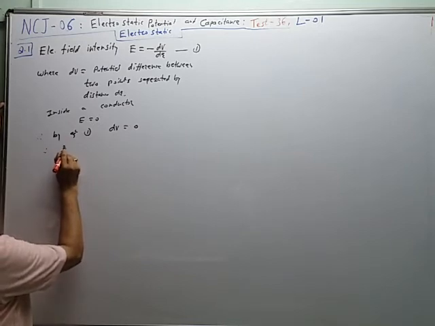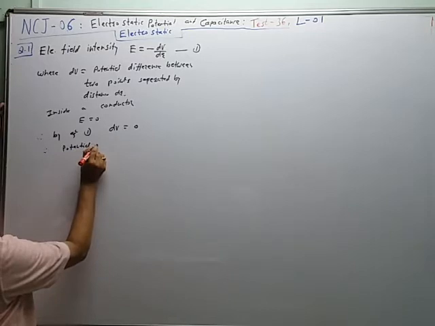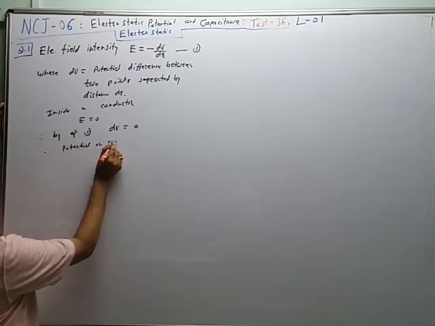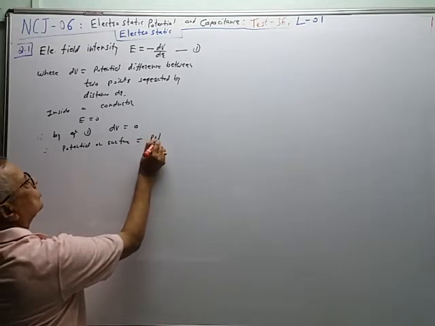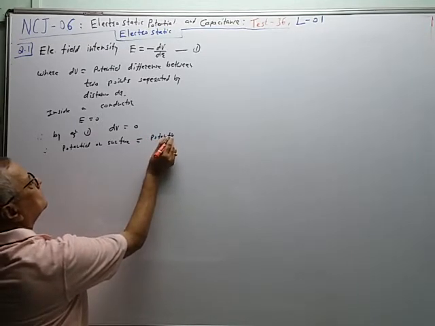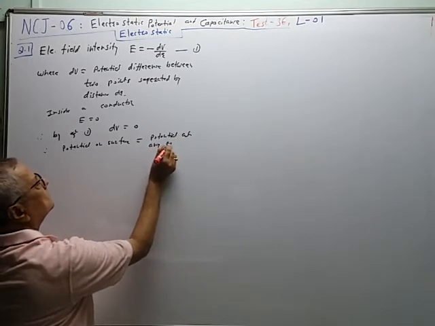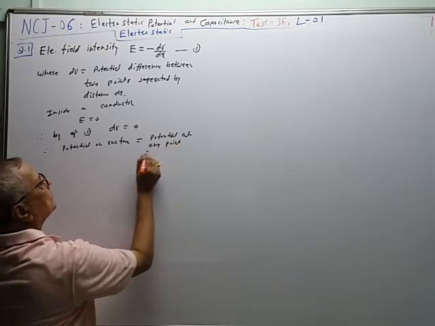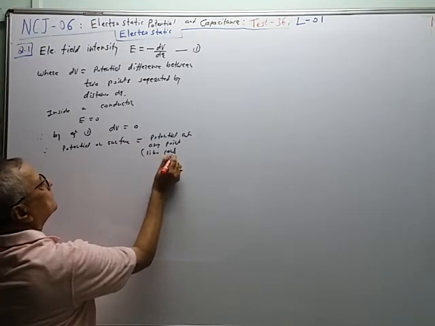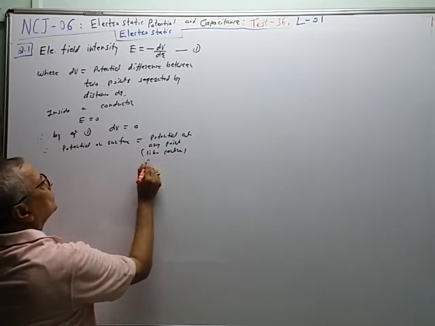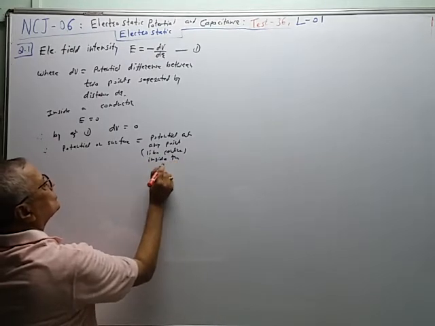Therefore, potential on surface is equal to potential at any point like center, any point inside the sphere,